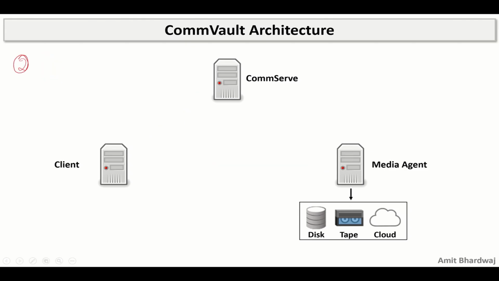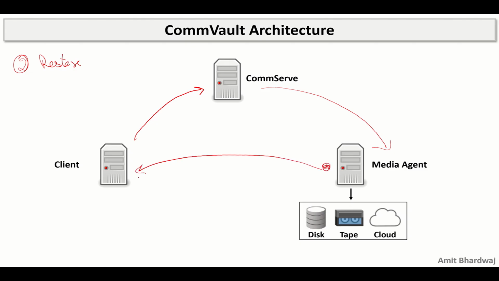Scenario 2 is for the restore function of the file. In this scenario, the client asks the COM server for the media agent so that the restore for the files on the client can happen. Next, COM server informs the media agent about the restore of the client that has to be done, and then media agent starts sending the data towards the client. Once all the restore has happened and everything has settled, then the client informs the COM server about the completion